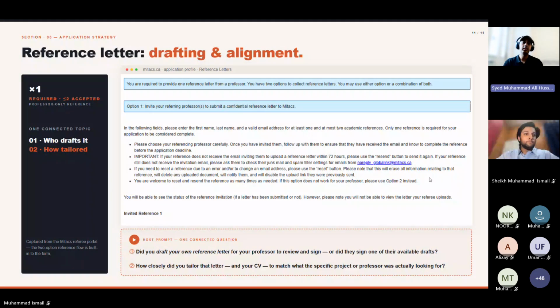Okay, for me, I submitted two reference letters. One was from one of my favorite professors in the US, whom I asked if he could write me one, and he was happy to do so. The second one I wrote myself, but I wanted it to be from Dr. Zohaib from the Department of Mechatronics, because he teaches microcontrollers and belt systems and all those things, and eventually what I wanted to do was land within his domain.